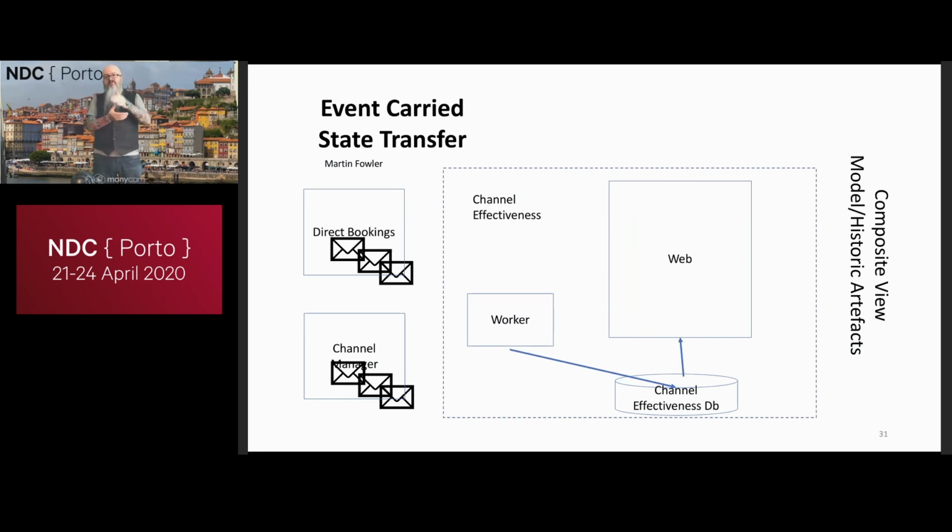So I'm listening to those events, and over time, I'm building a database that gives me the reporting information I need. And that channel vector database can be written such that my query from my API is a very simple call that probably just reads a row out of the database. So it's very fast and efficient. Some folks call this a composite view model, where we are building a model that can answer given query questions for a consumer. Pat Helland, in his discussion of reference data, refers to this as historic artifacts.